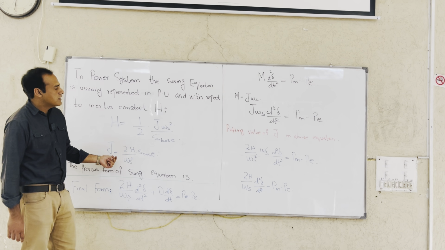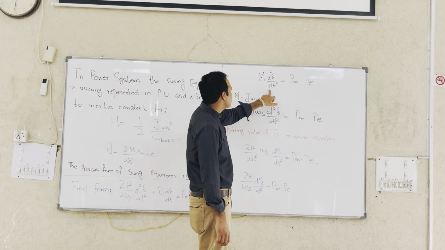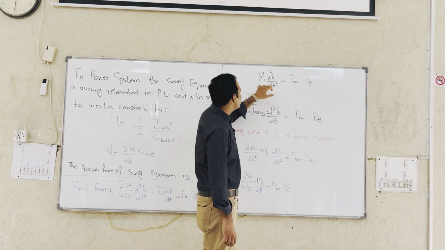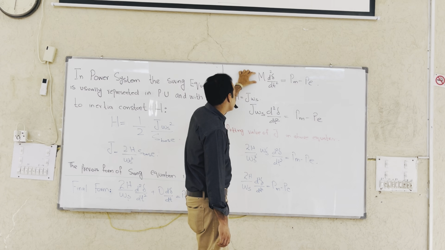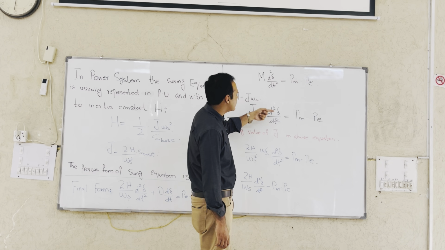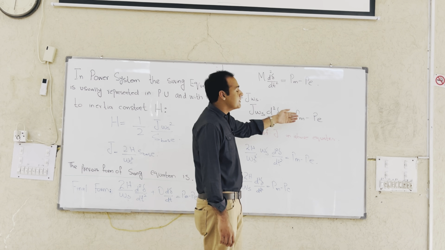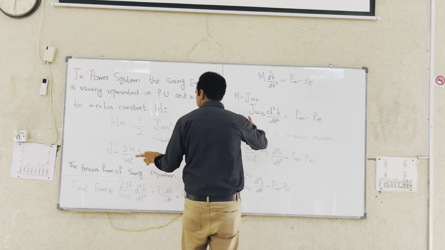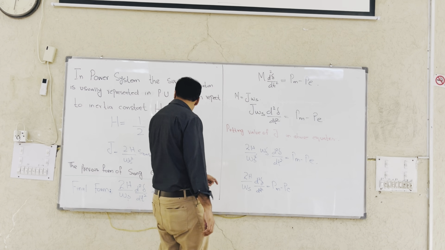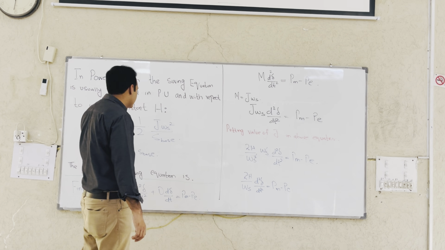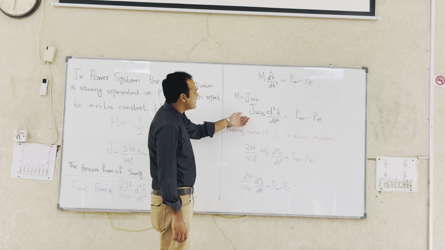Putting this value of J in the equation we derived in the previous step, M d²δ/dt² is equal to Pm minus Pe. As you know well, M is equal to Jω_s. So now if we replace M with Jω_s, the equation will become Jω_s d²δ/dt² is equal to Pm minus Pe. Again, we know that J is equal to 2H over ω_s² times S_base. So we have simply replaced J from this equation here,